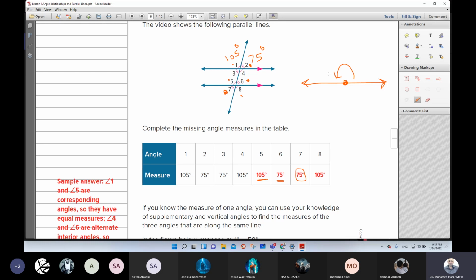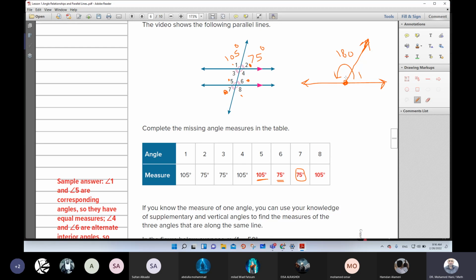And what is the measurement of this angle? The measurement is 180. This is 180, and the name of this angle will be straight angle. Right. And if you have two angles,